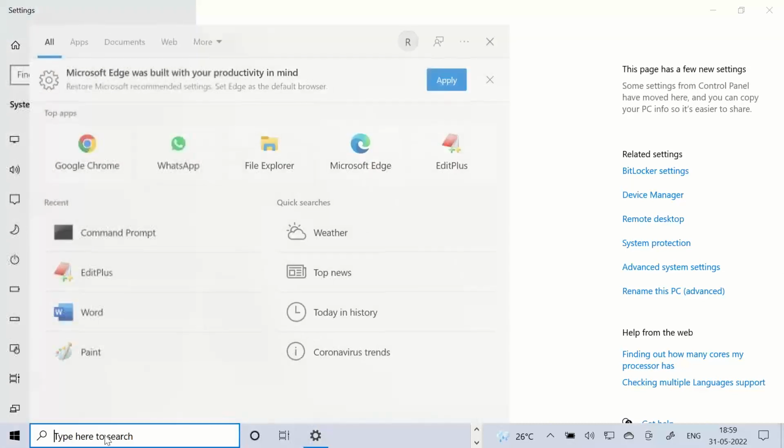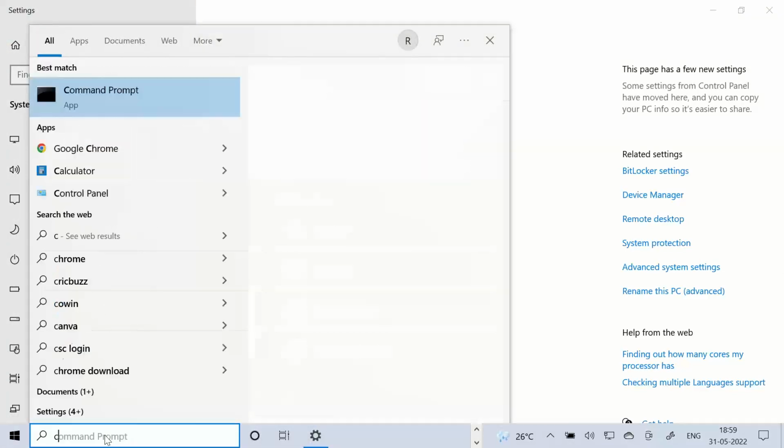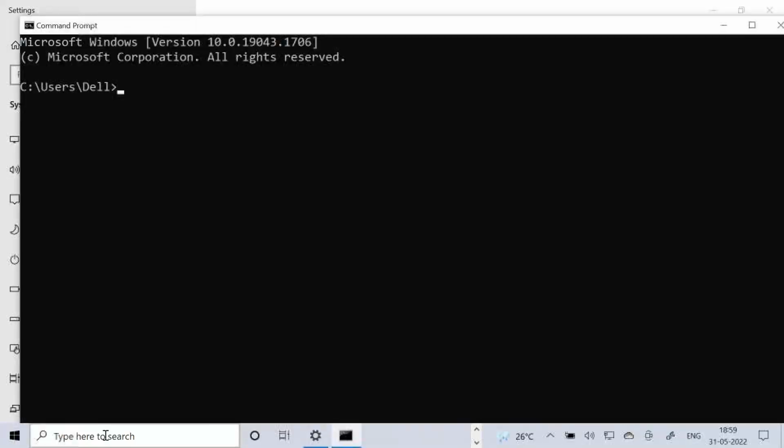Now open a command prompt and check it out. Now click OK in all the windows.